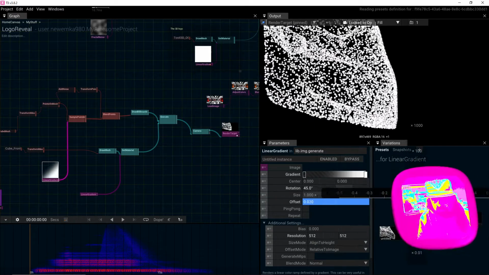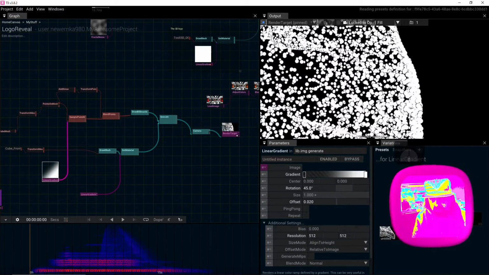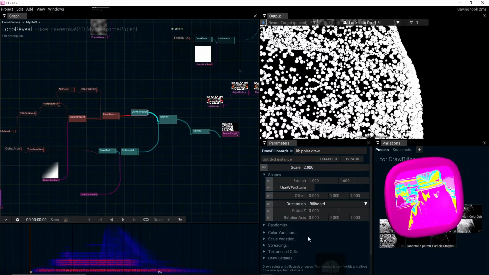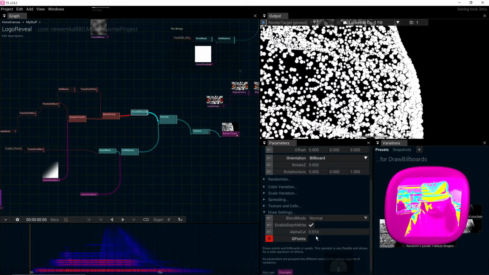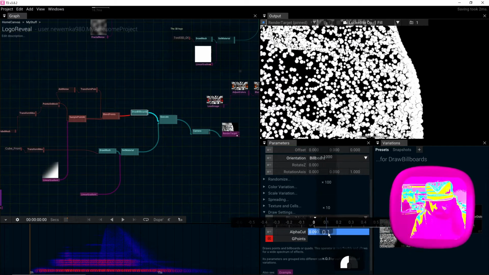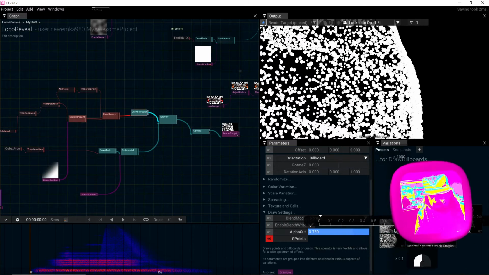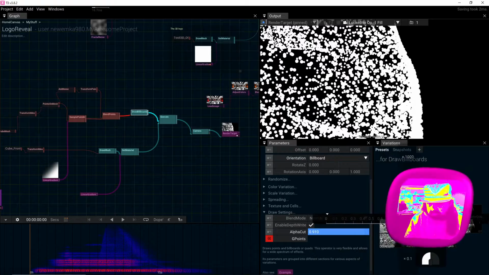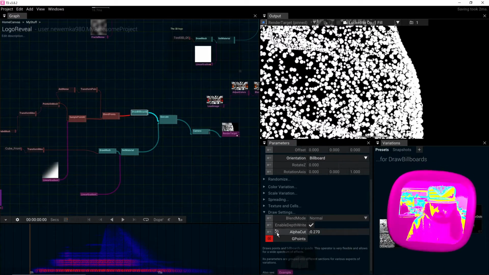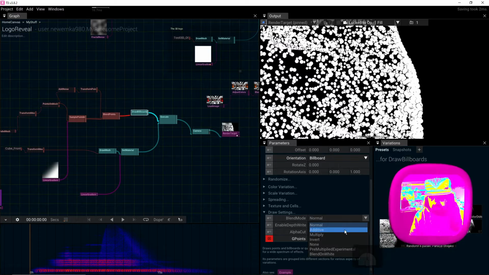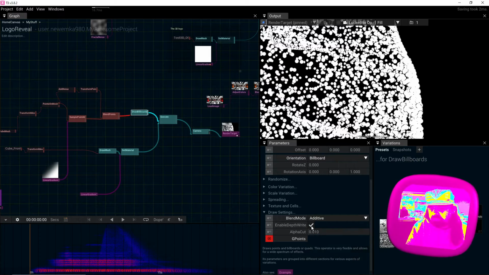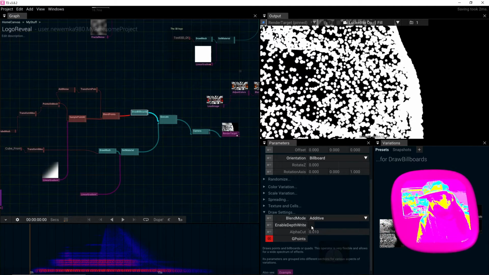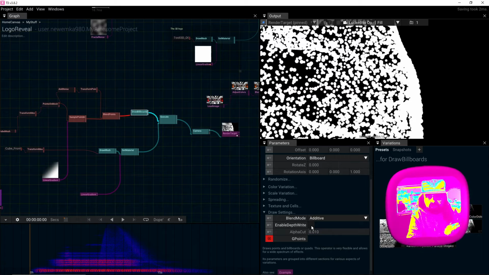There is also a way to get rid of those little dark areas around the dots. You go to Draw Billboard, Draw Settings, and this is the alpha cut value. Or there's another way, you can also use Additive. No? Yeah, let's do like this. And also you can